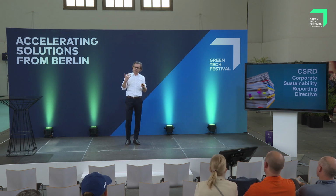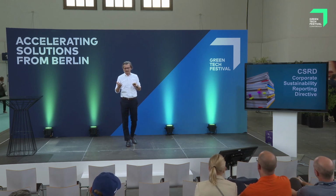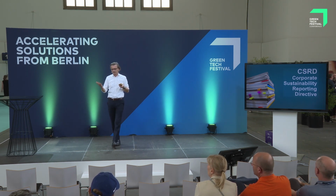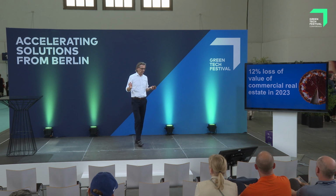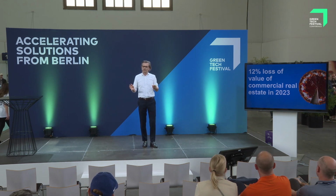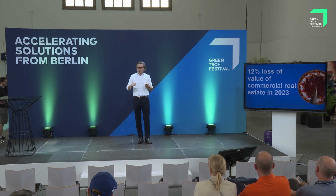There needs to be technology in place to capture this information and to make sure that there is an audit trail behind it, because at the end of the day, this information ends up in the business report, and it must be audit safe. Yeah, and while we are talking here, there's already been somebody at the buffet asking for his share, because all that I have been saying right now has already driven the real estate market down by